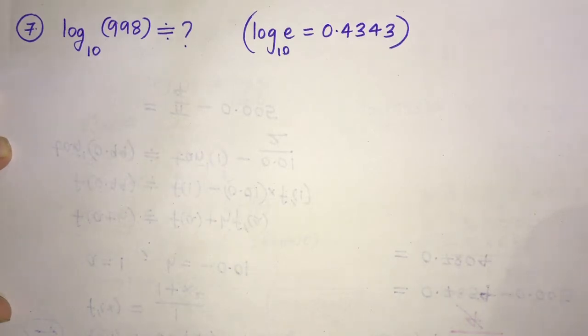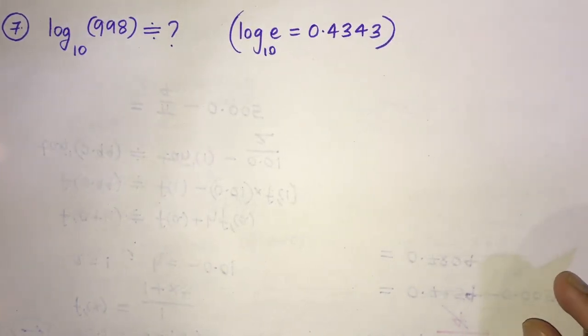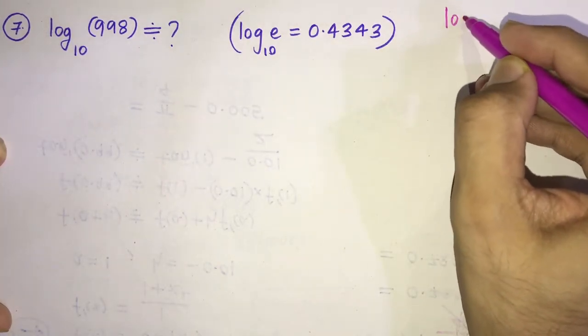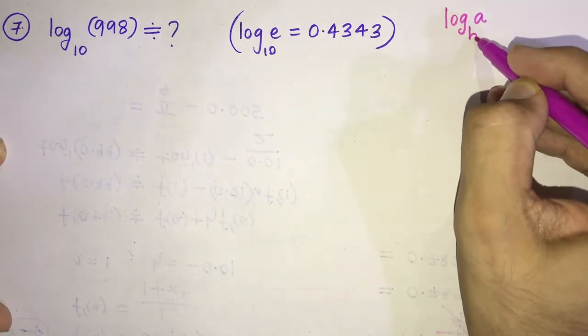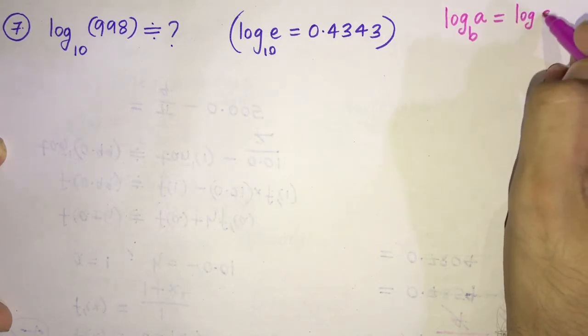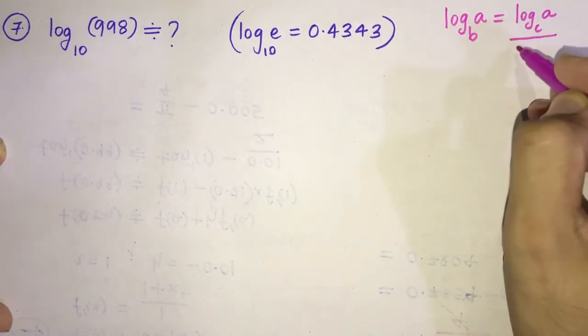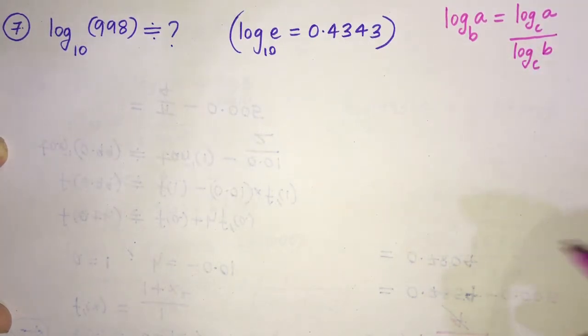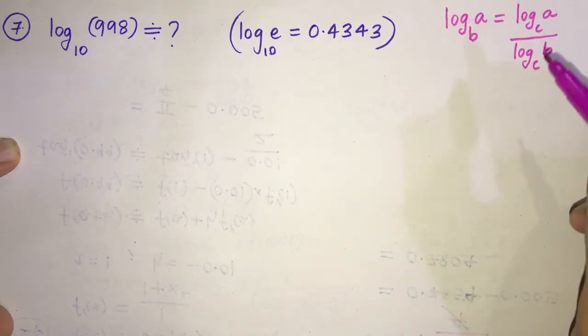Now, before we go ahead with this, a short reminder of something called the change of base law. By the change of base law, log of a to the base b is equal to log a to the base c upon log b to the base c, where c has to be between 0 and infinity. It cannot be equal to 1. C has to be greater than 0. All the base requirements will be met by c, then only you can put c there.